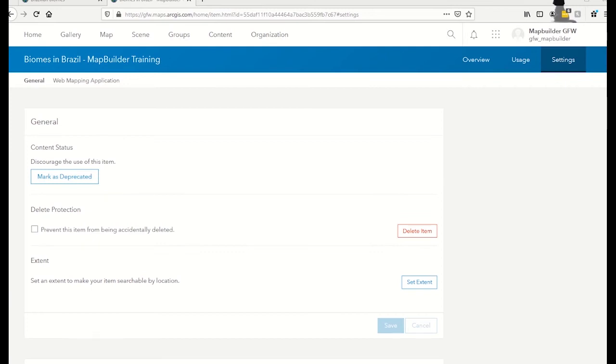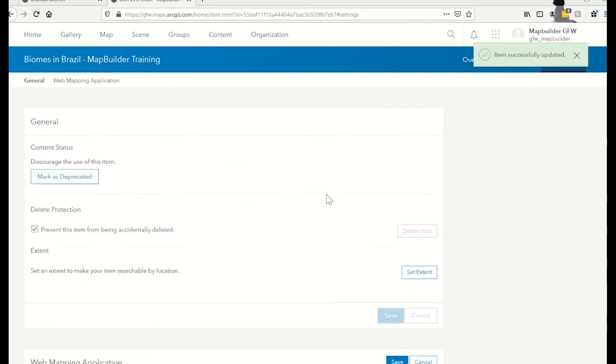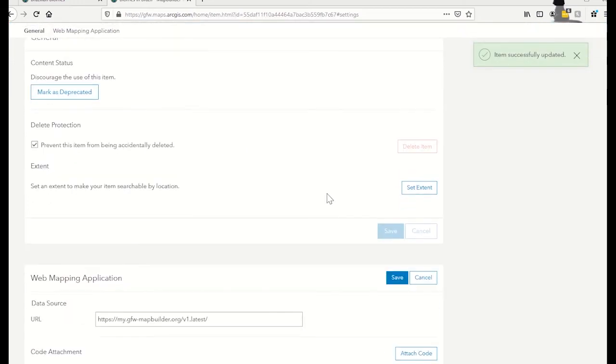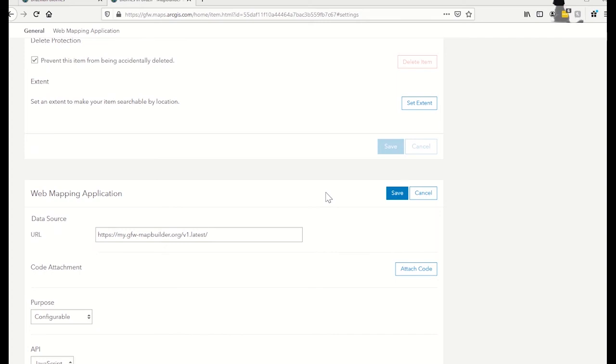You can make sure that your web mapping application isn't accidentally deleted by checking this box under Delete Protection. Anytime you make any changes within your settings, make sure that you save. The next thing you'll need to do is scroll down and define the data source URL. In order to do this, you'll need to add some text into this URL box. You'll want to add a /